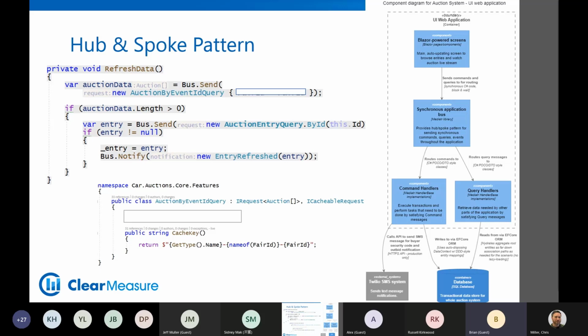So on the left, we have an implementation of a bus pattern, which is one of the hub and spoke patterns. In general, the hub and spoke family is kind of a way of thinking. You have the hub of a wheel, and think of an old-timey wagon wheel. You have the hub, and then you have all kinds of spokes around it. And so flip it on its side, and a request comes into the hub. And then through some type of logic, the request gets routed to one or many of the spokes.